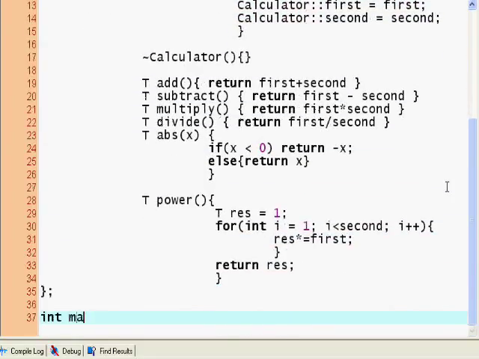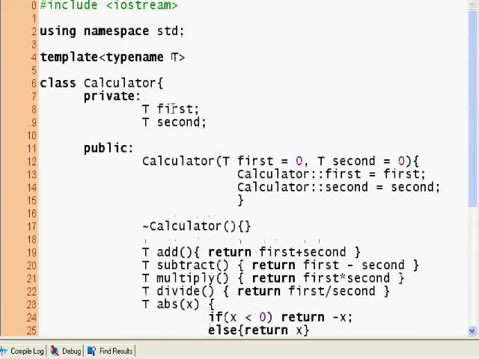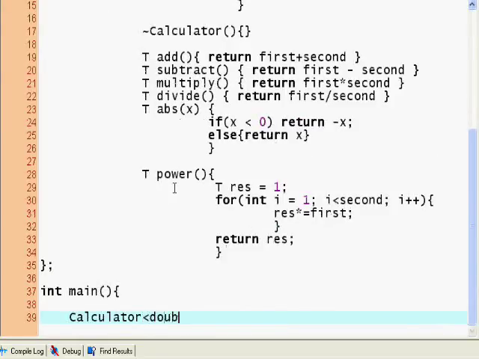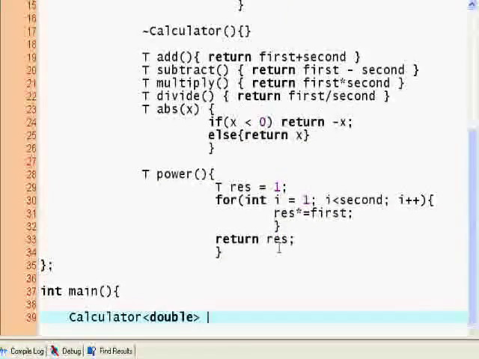And that's it. I'm gonna make a new int main, and I'm gonna say Calculator. Now I have to specify a data type because of this template here, so I'm gonna say Calculator double, and now I can use my constructor. So I'm gonna say first one's gonna be 7.3, second number is gonna be 16.7,